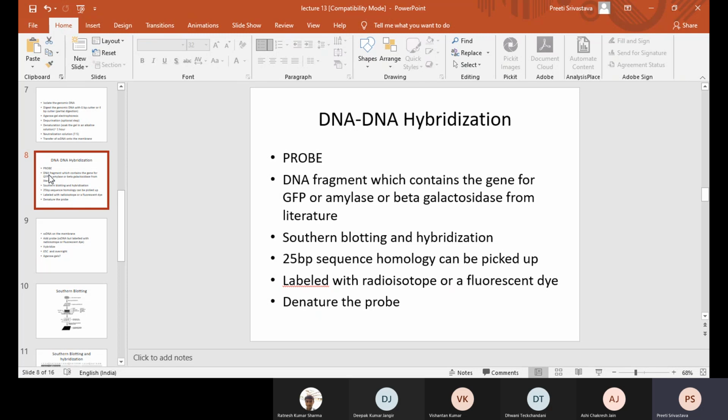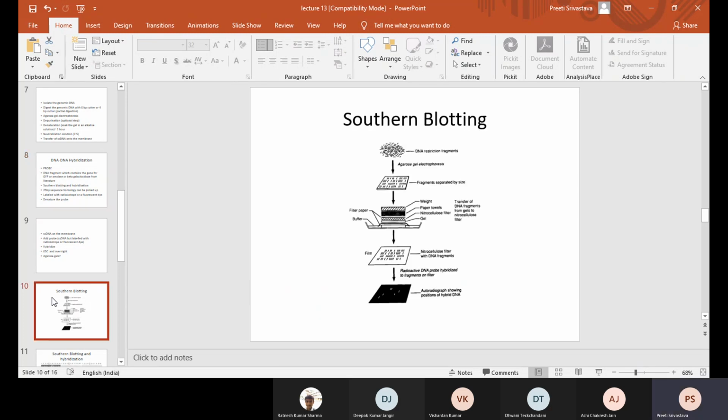You can actually confirm the transfer as well by observing it. Ma'am, from the solution do we place all the single strands or just one of the single strands on the membrane? That comes to the next slide, which describes the process. But the basic concept is clear, what is happening and how we are detecting. That part is clear to everyone. Then I'll give you the details. Yes, ma'am, it is clear.